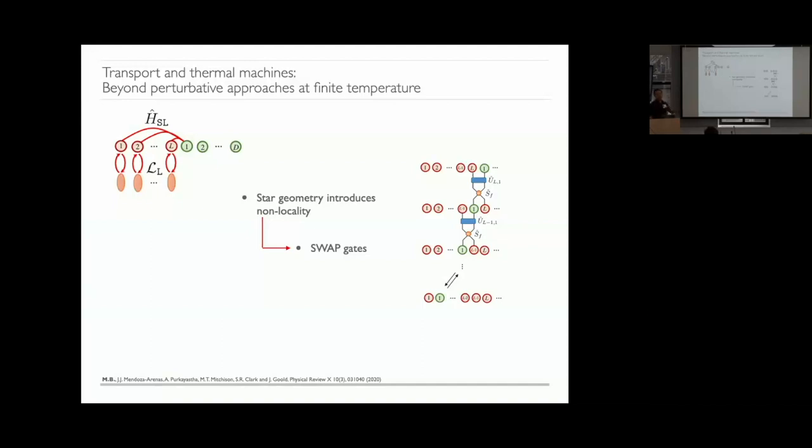The main idea, to those of you that don't know, is that when you do these swap gates, the correlations will be spread across your system very rapidly, and you won't be able to get very far in time before your bond dimension explodes, okay?